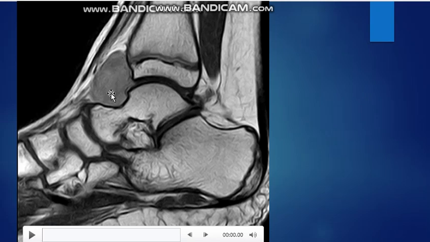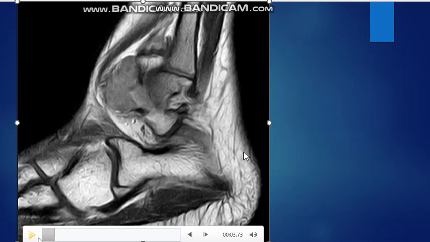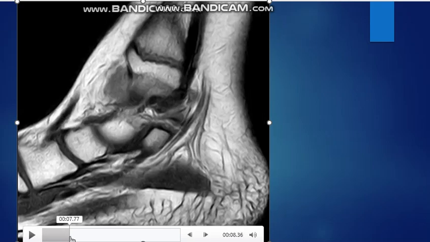The mass displays intermediate signal on T1 weighted sequences. Here's the intermediate signal of the mass on T1 weighted sequences,